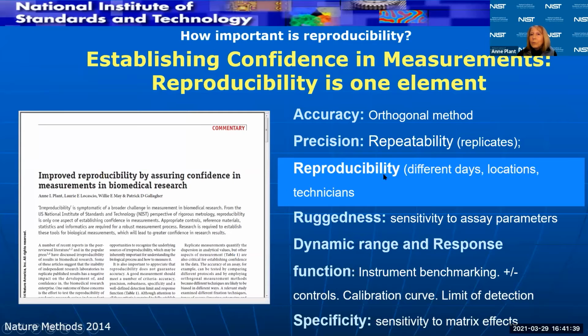And you can see that reproducibility is just one of those, right? Accuracy and precision are completely different from reproducibility. They have different criteria. The ability to get the right answer, even if assay parameters change, to have a reasonable, useful dynamic range of response function, to not be too sensitive to matrix effects. These are the things that allow you to qualify an assay. And again, reproducibility is one component, but not the only important thing.